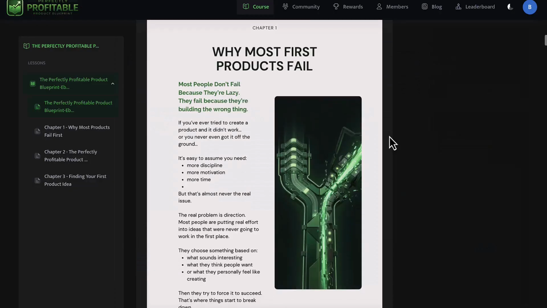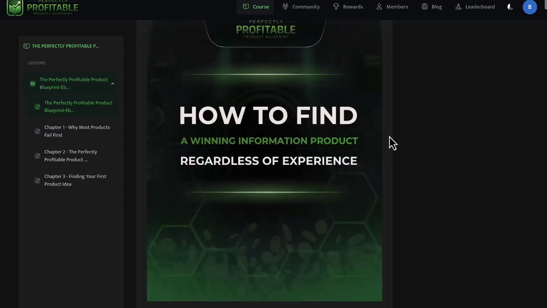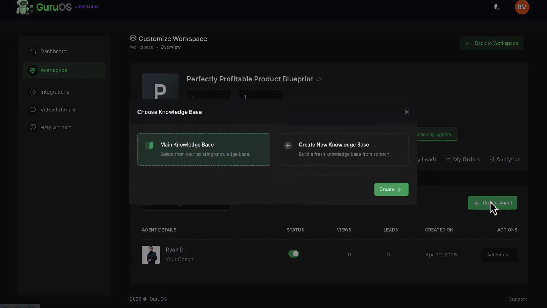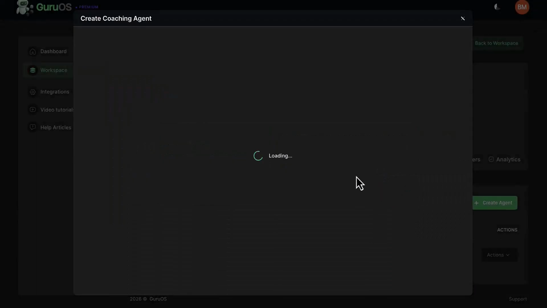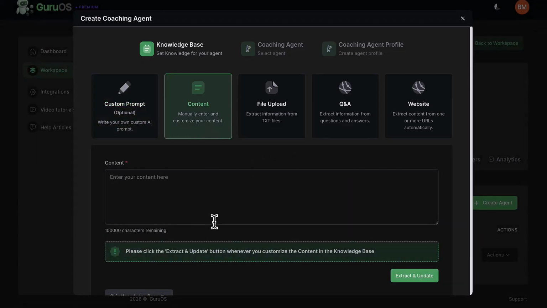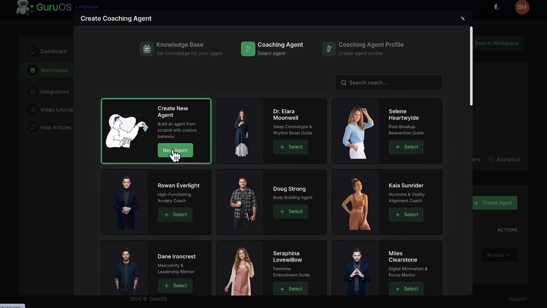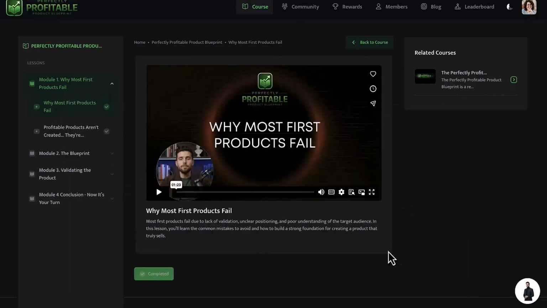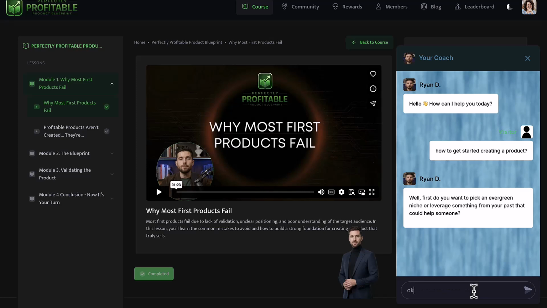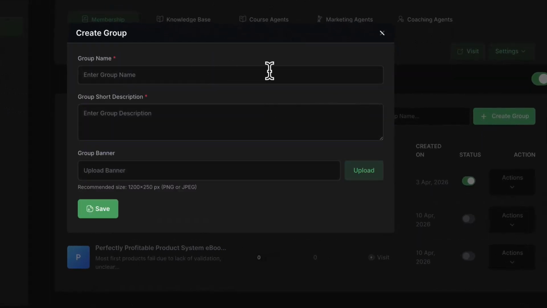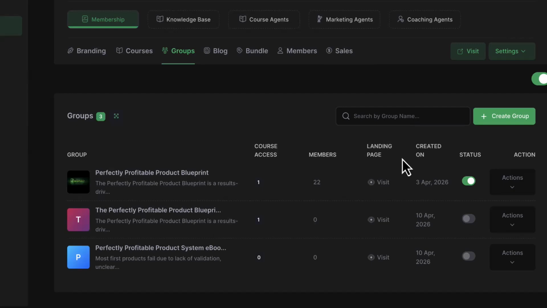And here's the kicker: GuruOS doesn't stop at building your product and community. It brings in the marketing muscle. A marketing agent writes your sales copy and assembles your landing page. A traffic agent generates branded social content geared to sell your specific offer. A coaching agent supports your members 24/7 in your voice. A chat and lead agent works your page, captures emails, and routes visitors. So instead of you scrambling to hire copywriters, designers, and community managers, GuruOS gives you a coordinated team of AI agents that already know your business.